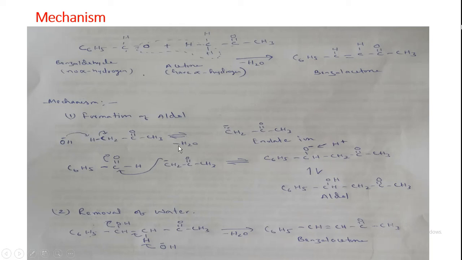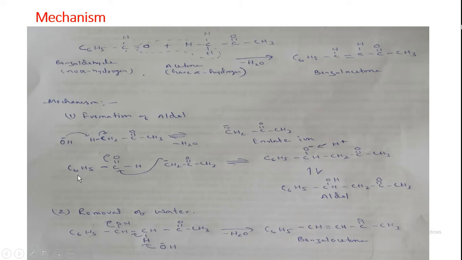So water will be eliminated out, and as a result this bond pair electron will be taken up by this carbon. So C negative, carbanion will be formed, carbanion, not cation. So that carbanion will be known as enolate ion. Okay, next what will happen, this enolate ion will attack the carbonyl carbon of aromatic carbonyl compound.